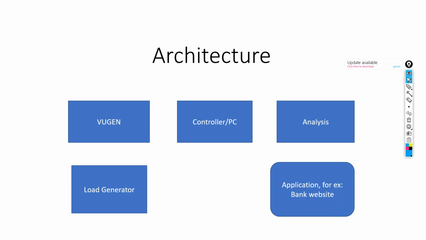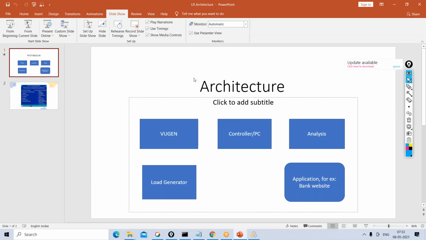So as a performance tester, we execute these scripts, and we provide our observations, right? So this analysis component will definitely help us in giving a good analysis or good observations to the application or development team, or in fact to the client as well. So this is on a high level. These are the different components that are part of the LoadRunner architecture: a load generator, VuGen, a performance center, and the analysis, right? So this is a simple architecture, and that's it from the architecture point of view.